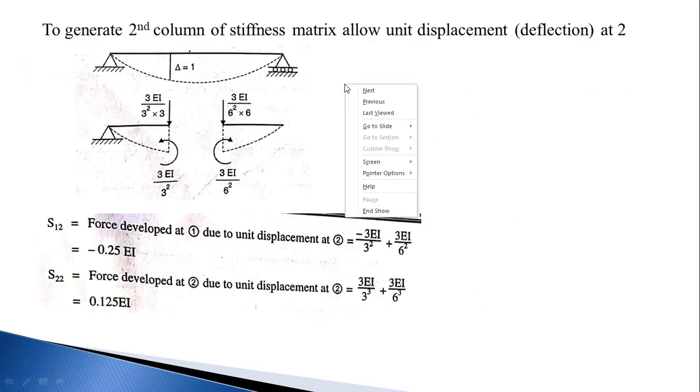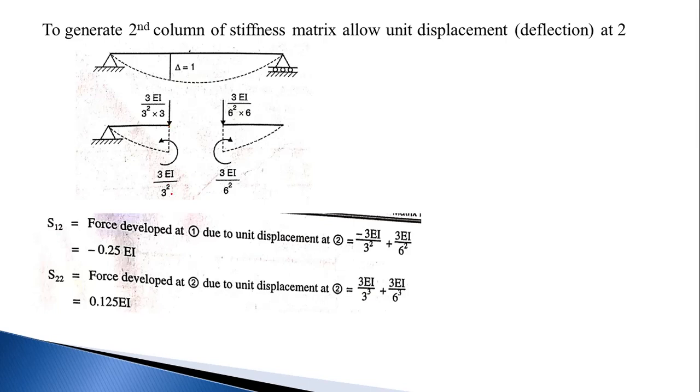Then second, to generate the second column of the stiffness matrix, allow unit displacement, that is deflection, now at 2. Means we require now vertical displacement, that is delta is equal to 1 at coordinate number 2. So for delta is equal to 1, S12 is force developed at 1 due to unit displacement at 2. Means for this 1 unit displacement, what is the required moment produced at coordinate number 1, that point